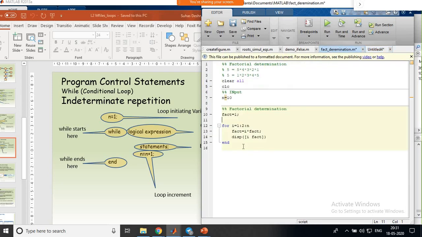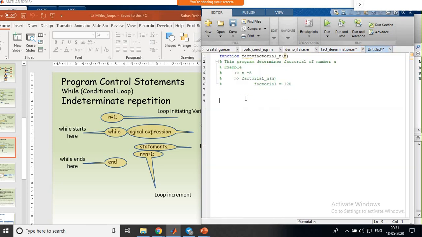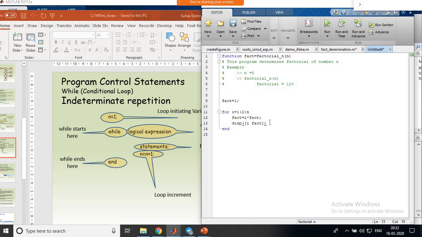Then you can now copy down all this logic, put it into this program, and remove this display also. Now if you want this fact returned, I will say it is a fact, meaning it will give back this fact value.